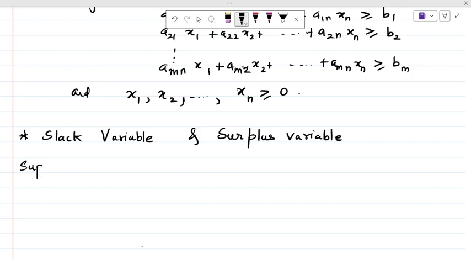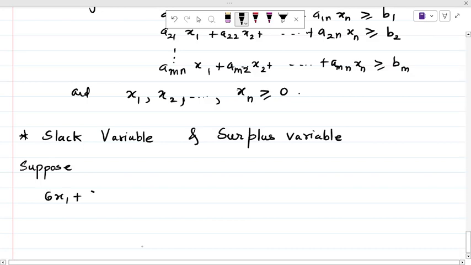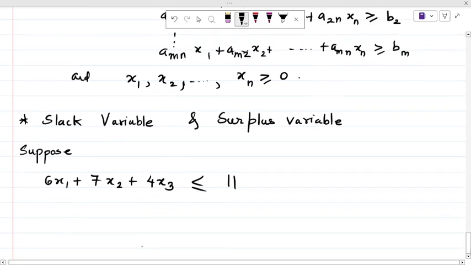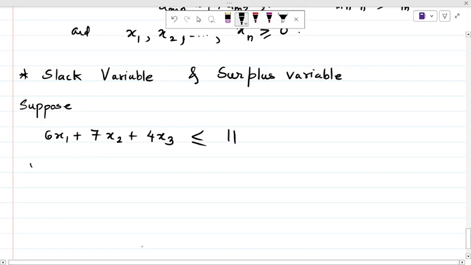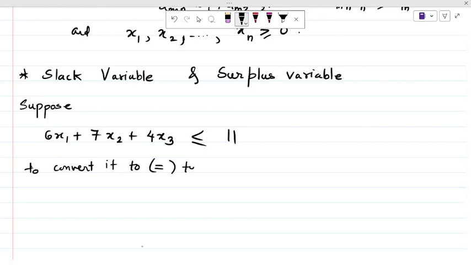Suppose we have some condition, let's say 6x1 + 7x2 + 4x3 is less than or equal to 11. Then we convert it to equal-to type. To convert it to equal type, what do we do? We add